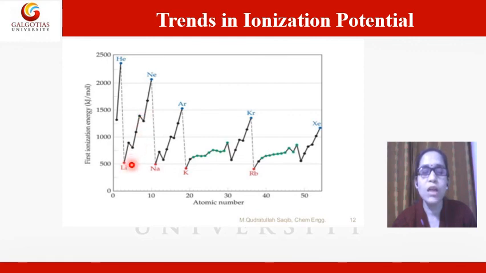So ionization energy is not following a regular trend. In between, in the period, there are some deviations. This is the trend of ionization energy in different shells: first shell, second shell, third shell, fourth shell. When you come to the noble gas configuration, you see it is also increasing, with some deviation, then increasing. So this is the pattern or trend of ionization energy in different periods.